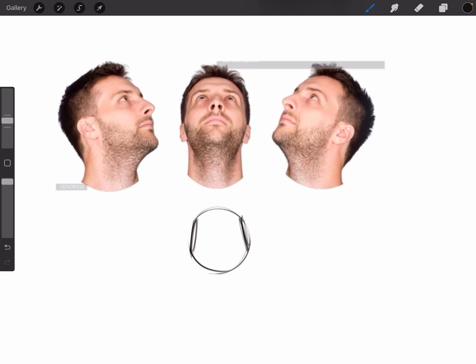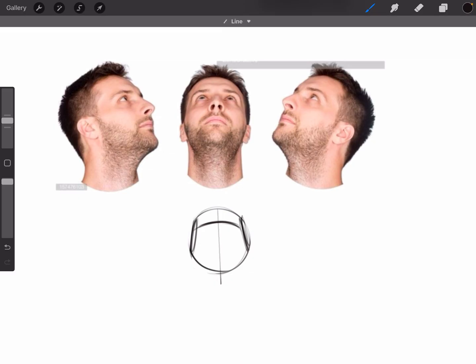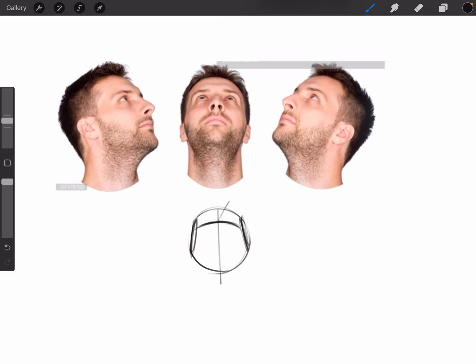And then wrap our horizontal brow line, and then our vertical center line. So right now this is the center of the face, right? Now if we bring this line downward,